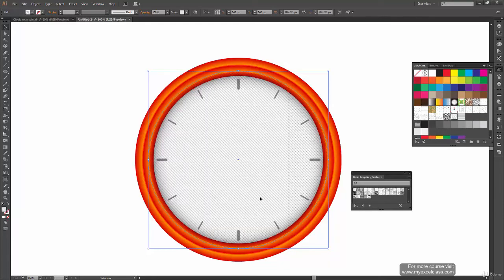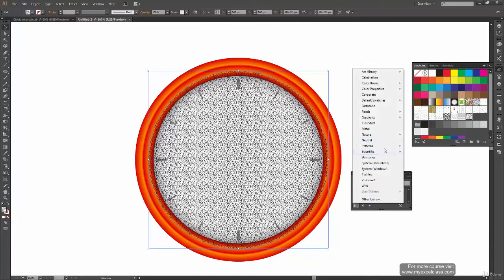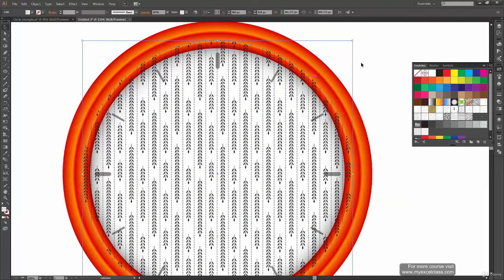So let's say this one looks really professional. So we can either go with that one also, but since we want to achieve the exact same results, I'm just gonna go to foliage here and select the last one. Okay, now the next thing to do is scale this down a bit.